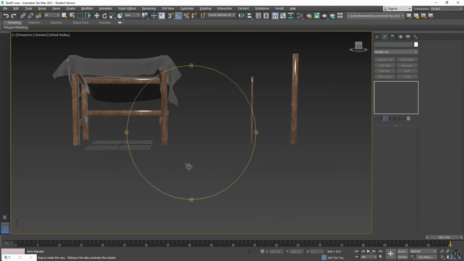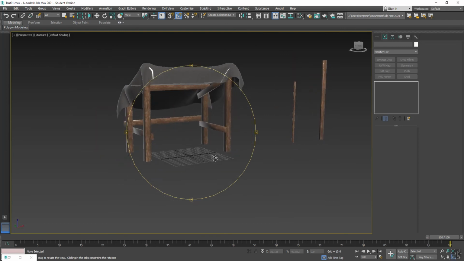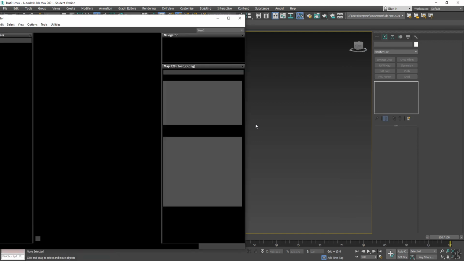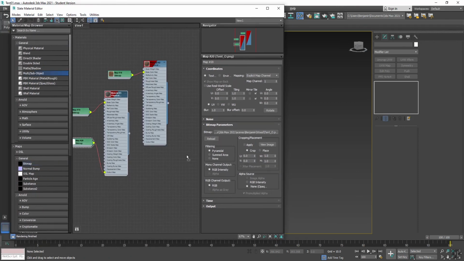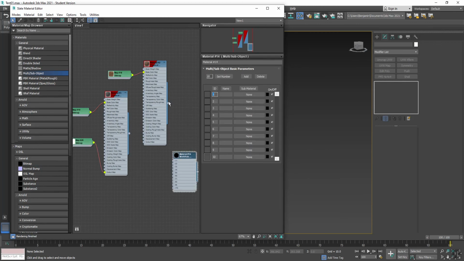Now if we look, there's our tent that we've constructed. I'm just going to get rid of these guys. So there they are. There's our tent. Here's what we're going to do though. I'm going to go into the material editor and I'm going to make a multi-sub-object material. I'm going to plug the wood into ID1 and the cloth I'm going to plug into ID2, and